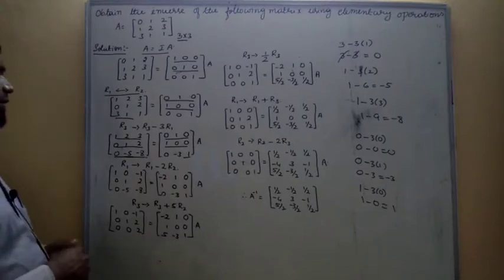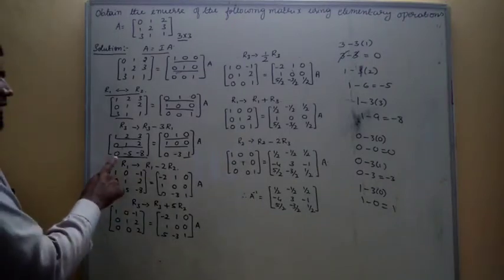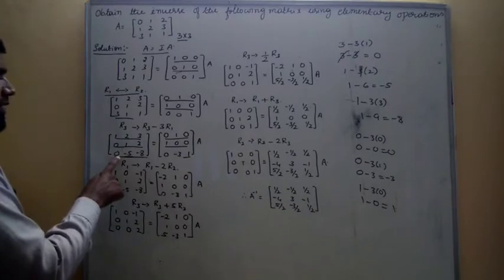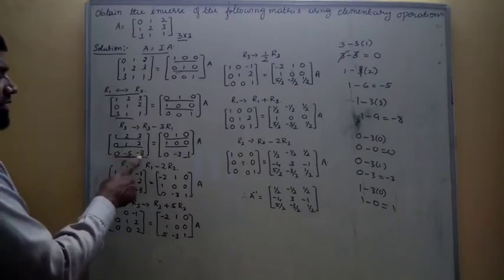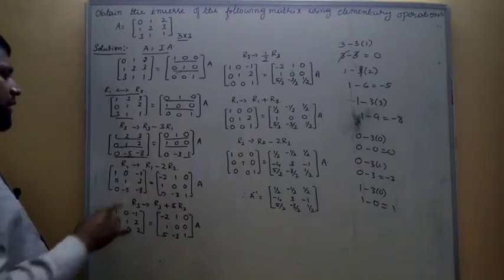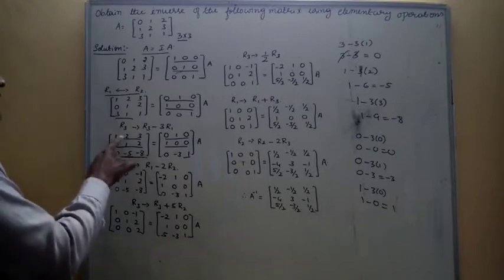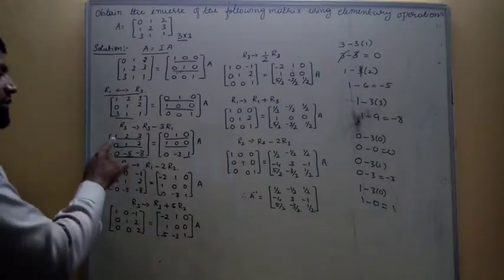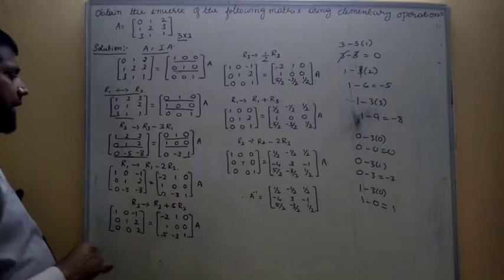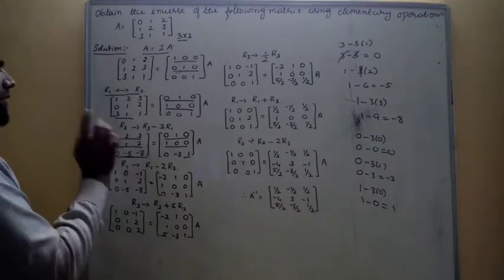So in the first row, we got the one element of third row is 0. Again we have to change the two elements. So let us go for the first row here. In the first row 1, 2, 3 is there. In the second row, 0, 1, 2 is there.